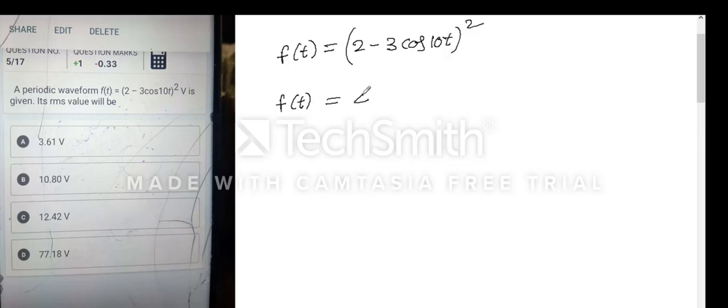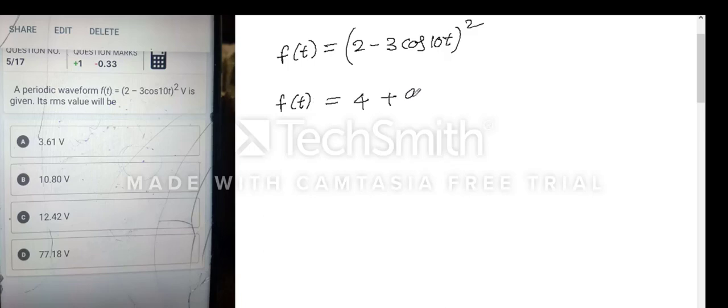In this problem, they asked to find the RMS value. What is the function given? They have given some f of t. They have given it as 2 minus 3 cos 20 whole square. So from this f of t, which I can write as